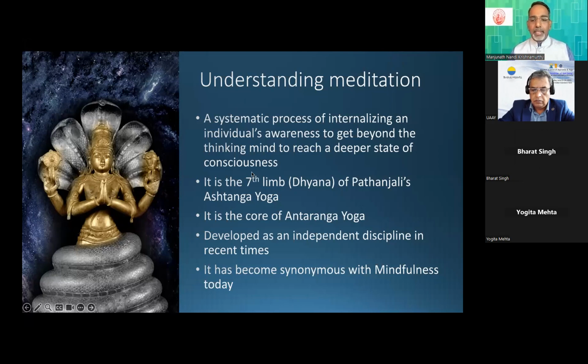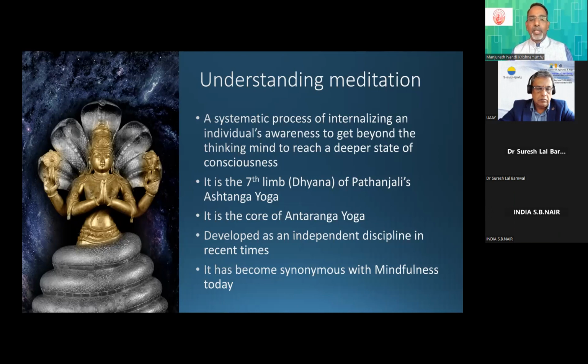So we know that all these factors can influence neural plasticity. As we were talking about the extrinsic factors, one of the tools we bring in from the domain of yoga is meditation. Meditation is a systematic process which brings in various dimensions taken from various ancient texts of India. This process has been very well defined in Patanjali's Sutras as the seventh limb called dhyana, after dharana and leading to the phase called samadhi.